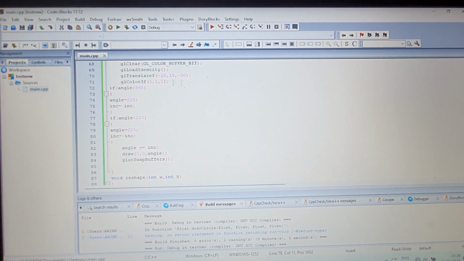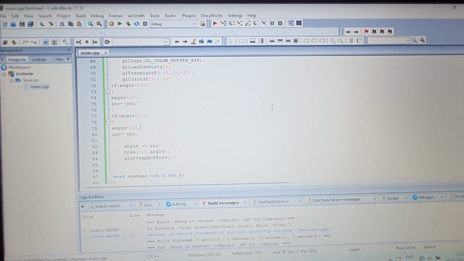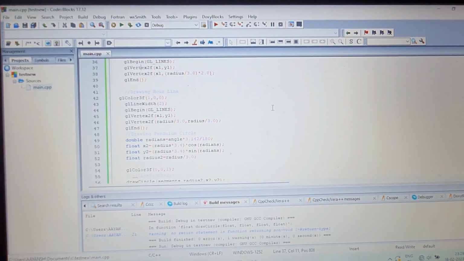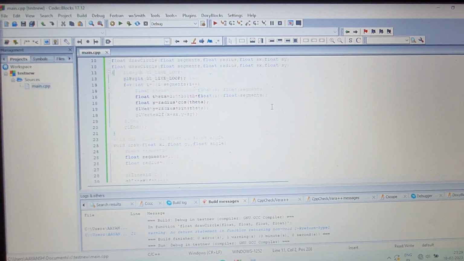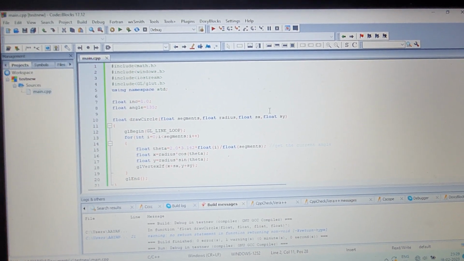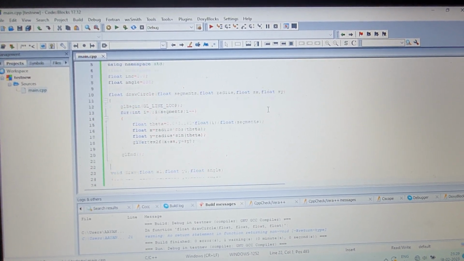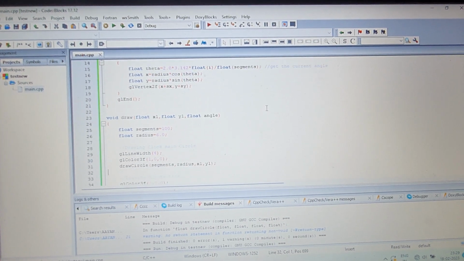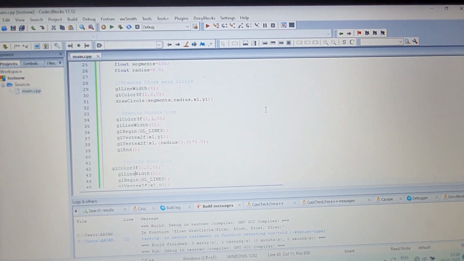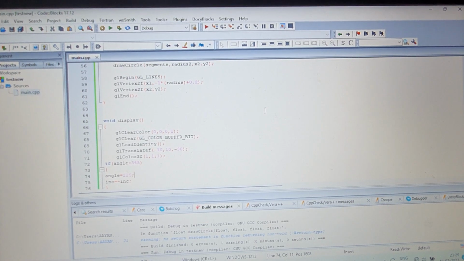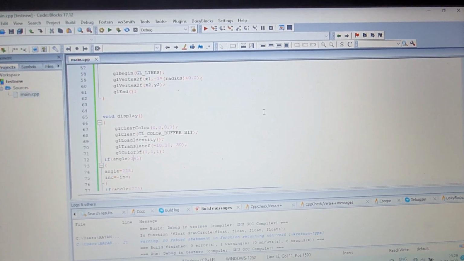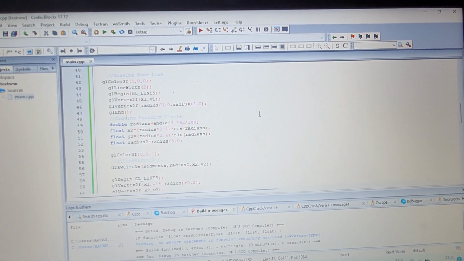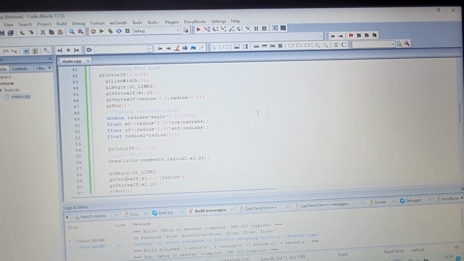Here you can see, with the help of these commands only, I will show you. This is the draw circle and this is the draw function. These two functions we are using only, and then we are displaying in the display function. In this, mainly I will show you the pendulum